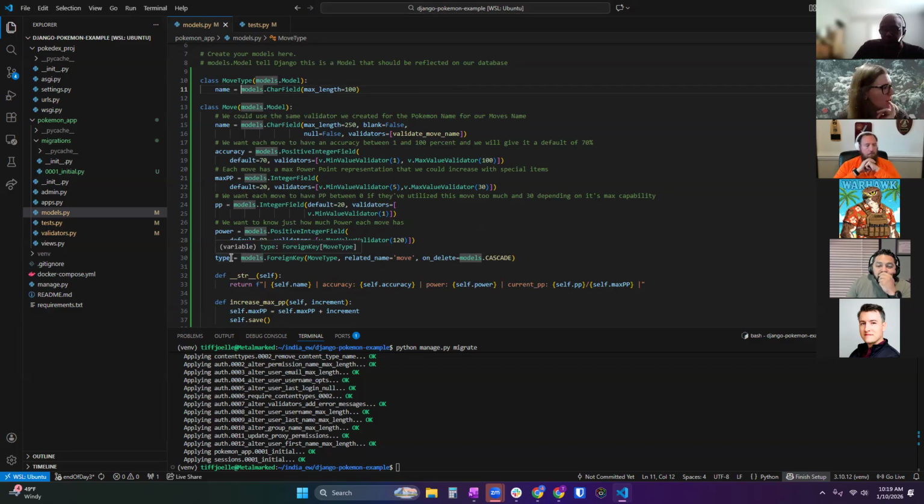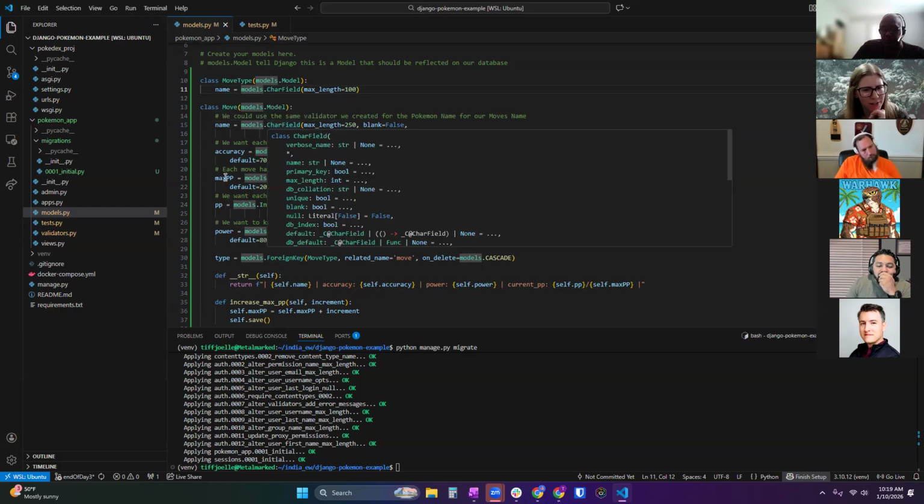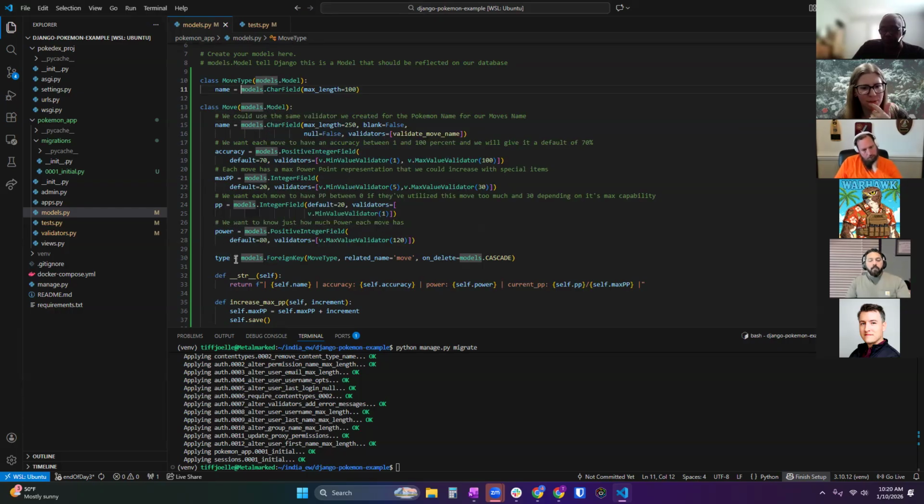You are able to add it the same way as you would any other field that has one value. You are able to say move.type equals a specific move type.